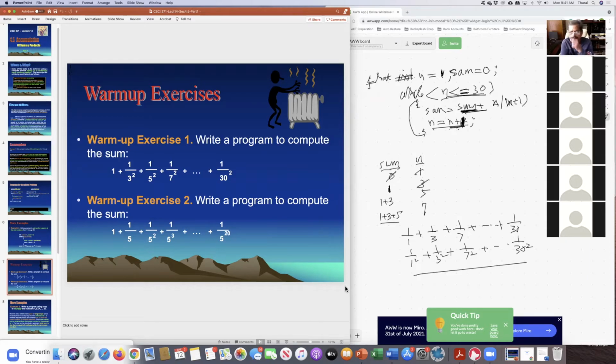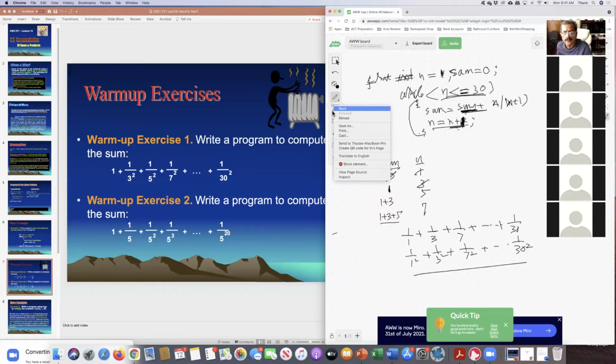The structure of the program is exactly the same as what I wrote on the board. Only the way numbers are changing is different. So how n changes is the only thing that's different. Now, by the way, you could always start. Let me quickly explain something. So in this program over here, I wrote 1 over